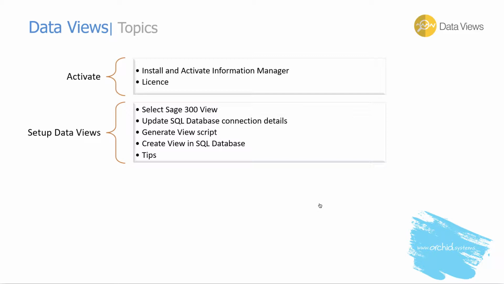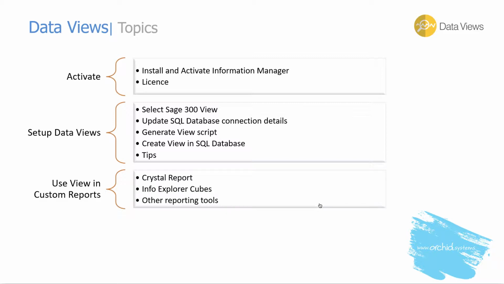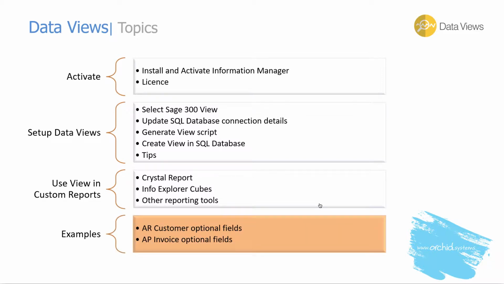We will review some configuration tips, and then we'll see how to use these custom SQL views in reports using Crystal Reports and Info Explorer cubes. And also it works in other reporting tools. The examples we're going to look at: creating a SQL view for AR customer optional fields and one for AP